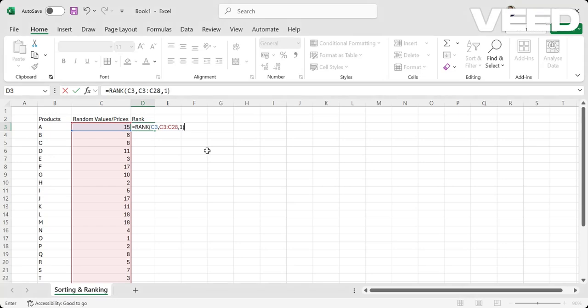And also, one important step, which I would like all of you not to miss: if you look into the middle value here, which is a reference, if you highlight it and then you press F4, remember